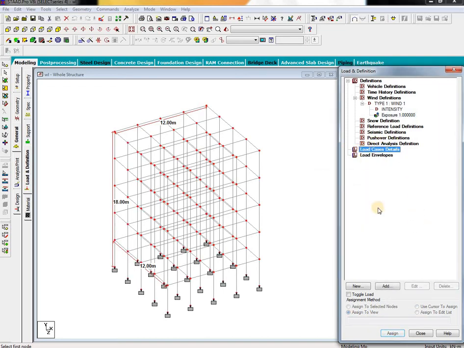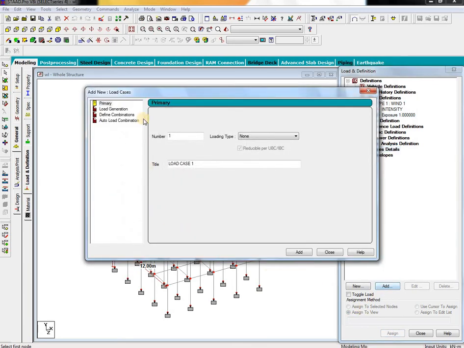Then go to load case details, add. Here dead load, that is DL, renamed, add, and live load, here I select LL, add.